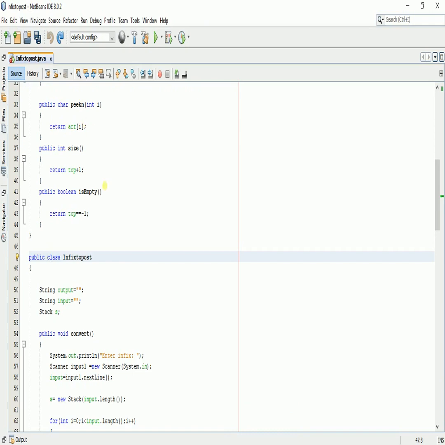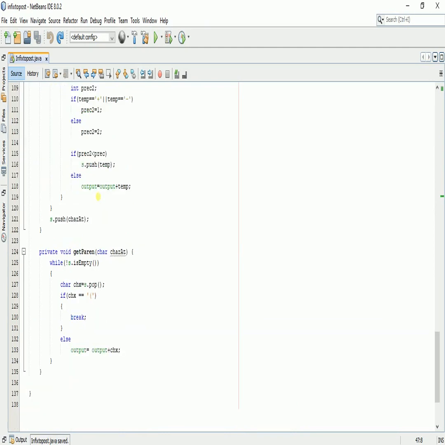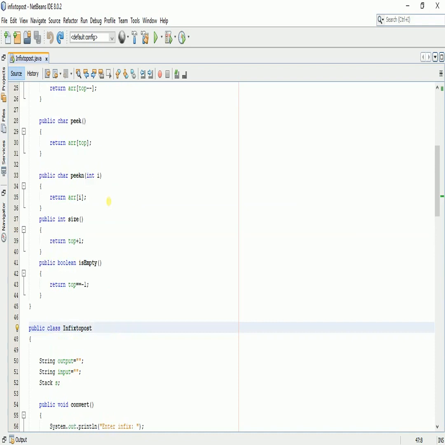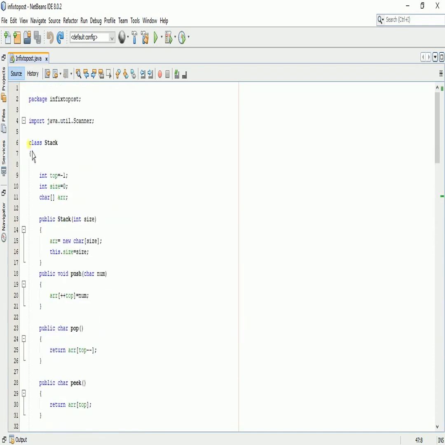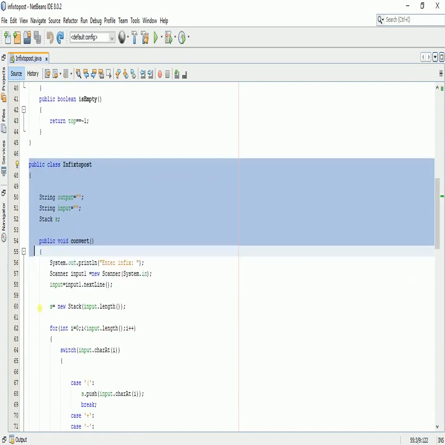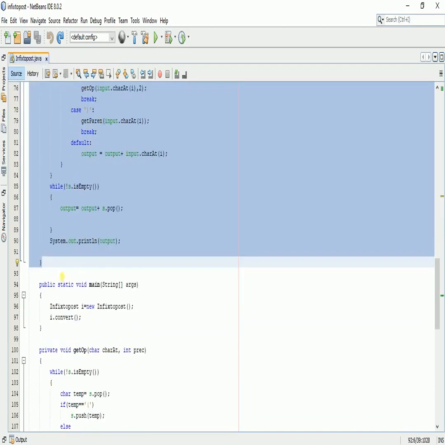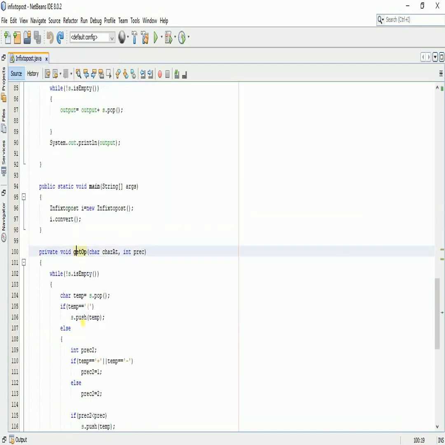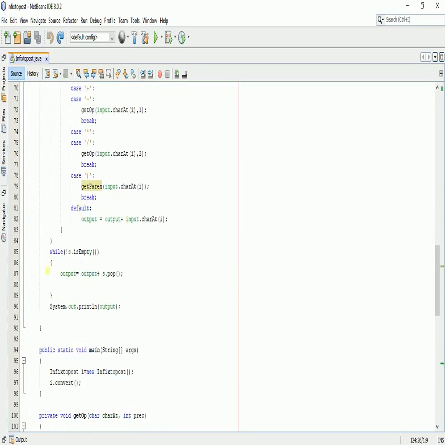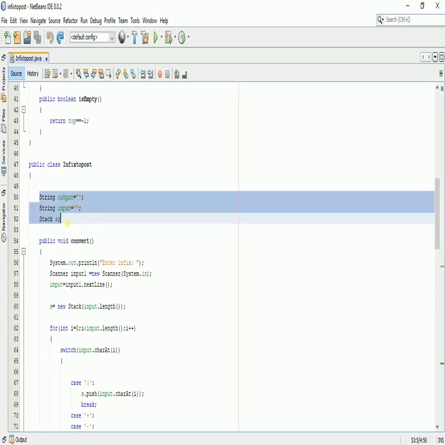Okay, I'm using NetBeans IDE and you can see that most of my code is written here. As I told you before, I am using this code from the previous video, so I encourage you to watch that video too. So what I have done is that I created this stack in my program, okay, and this class in which I have created a function convert that is used to convert our string, and this get op method and this get parenthesis method to support that convert method, and there is our main method just here. Okay, you will be noticing that there are 3 data members: output, input and stack s.